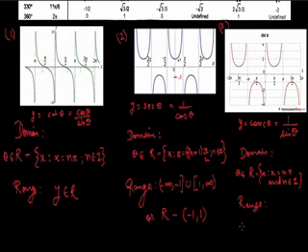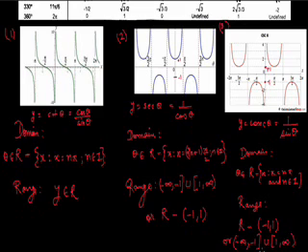And if we talk about range, range is the vertical movement. Here also you can see this point is minus 1 and this point is plus 1. This particular point is plus 1 and this particular point is minus 1. So you can see that the graph lies always below minus 1 and above plus 1. So its range will be R minus the interval from minus 1 to 1, or you can say minus infinity to minus 1 union 1 to infinity. So that's all about domain and range of the trigonometric functions.